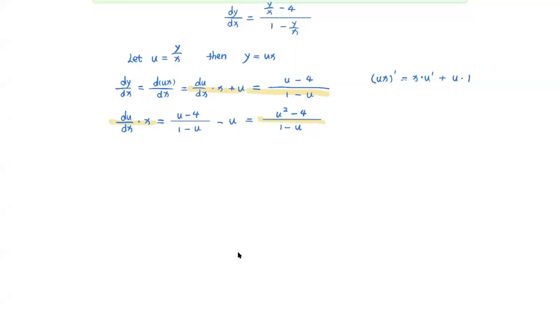All right, anyway, continue. Take the integral on both sides. I flip this so it's 1 over x dx equals 1 minus u over u squared minus 4 du. Wait, where did I get x? This should be u, sorry. u squared minus 4. Alright, now this part should be simple to integrate, so that's going to be ln x equals